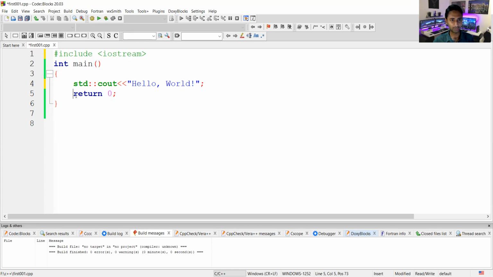You can also write this code in one line. Okay, let's compile this. This also runs. That means you can also write the code in one line. It depends on you. Okay,